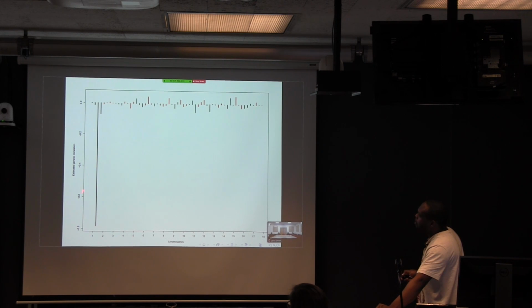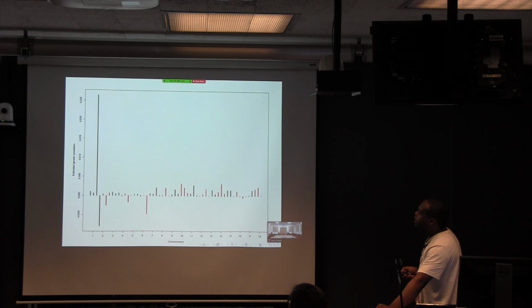We see an overwhelmingly negative correlation at chromosome 1, and then it seems that other chromosomes are a bit slight or neutral. This is for both white and yellow populations. And when we move to the white, we see a different result. If you look at the scales of the genetic correlation, in white we observe